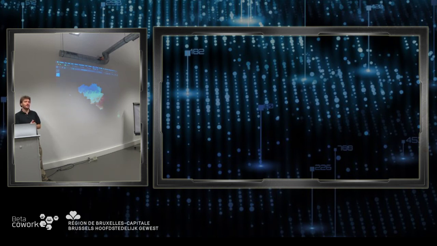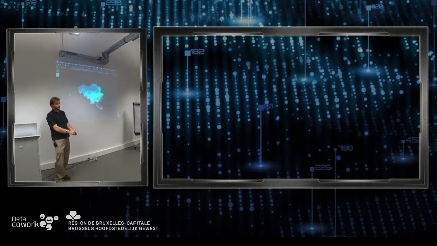Lidar is a technology where each region has flown over the entire region with a plane, going back and forth, and instead of taking pictures, which they do every year, this time they were sending a special light beam and computing the time that the light beam took to go back to the plane, which enables them to measure a distance.